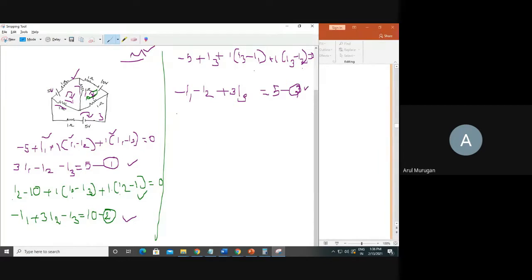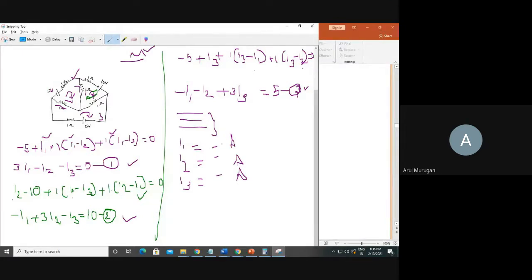Then write the 3 equations right here: 1, 2, 3. Then use the calculator. Next week onwards when you come, I will tell you to use the calculator. When you write the 3 equations, you will get the answers I1, I2, I3 directly. That's all. Your problem is over. What is I for the current? Write it, and the unit is amps. Write the unit as amps. So use the calculator directly and you can write the answer.